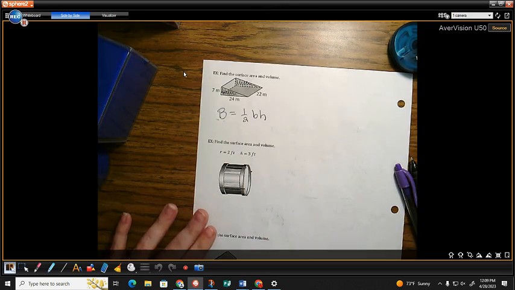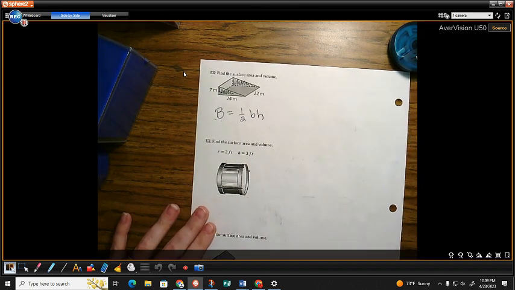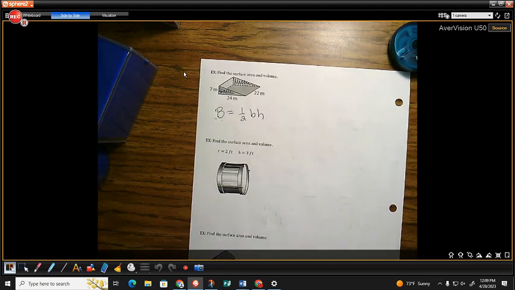Okay? So just be careful, you guys. I would suggest labeling your stuff as you go and being extremely organized. Okay? And you can use the remainder of the period